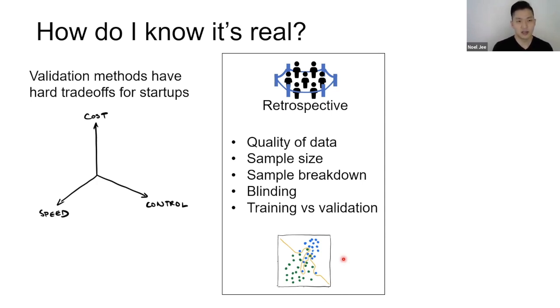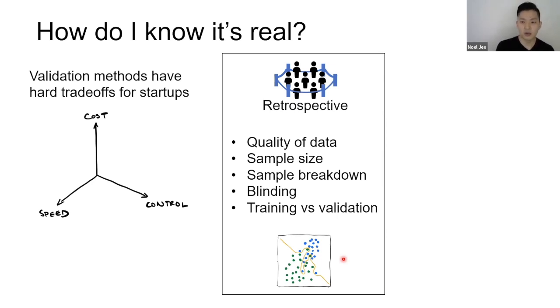But it's a pre-existing data set. It gets a bad rep because the company has not controlled the samples that they're collecting, but really when set up correctly, you can get similar results from retrospective validation as prospective. You can still blind your sample, you can test enough patients, you can still have a diagnosis, right? You have your true positives typically, you can have control groups, and here's a few things that I look for